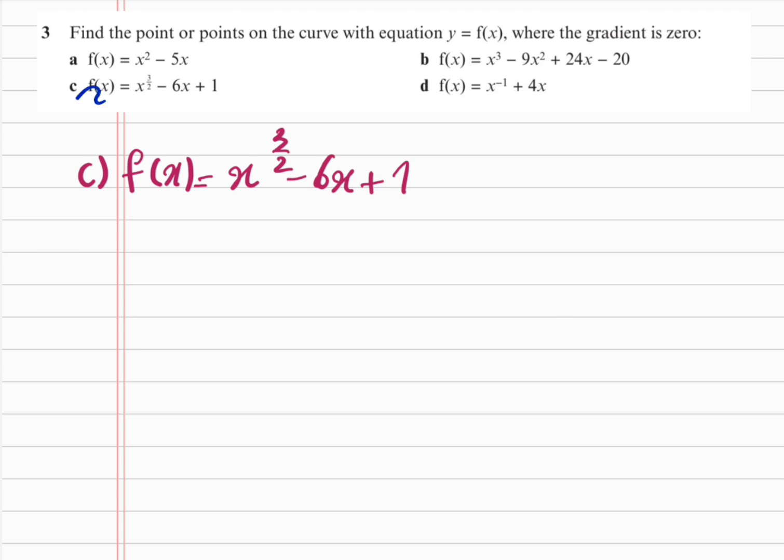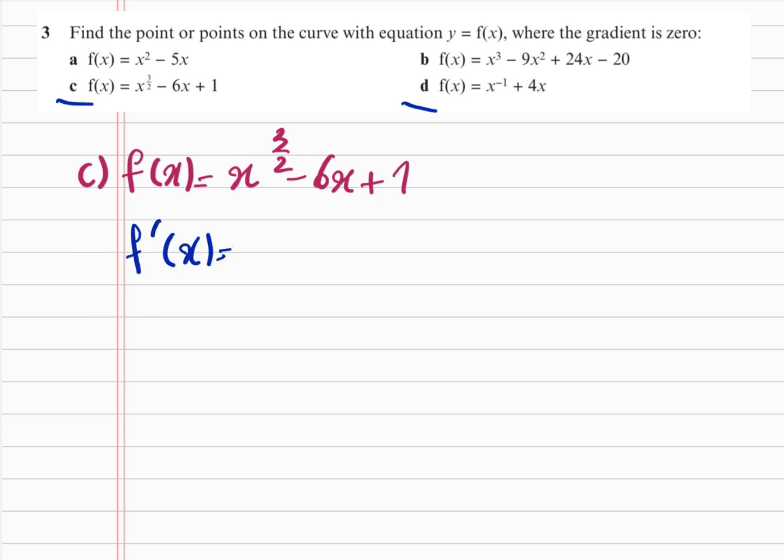So in this question we need to find a point or points on the curve with the equation y is equal to f of x where the gradient is 0. So basically what that means is that we first need to find the derivative of the function, and then we want to know what are the x values for which the gradient is 0. So that just means that we find dy by dx and we set that equal to 0, so we can find the x coordinates for which the gradient is equal to 0, and then we can find the corresponding y coordinates as well. So we first differentiate